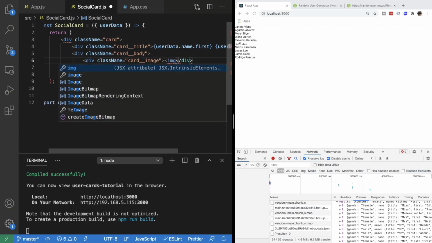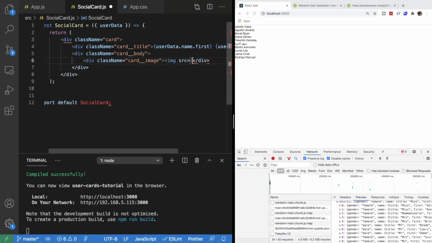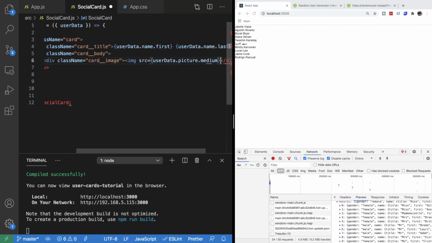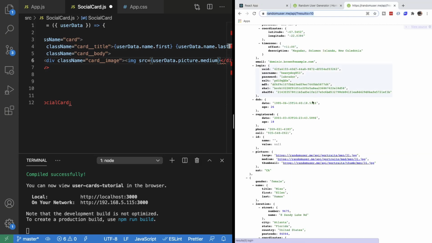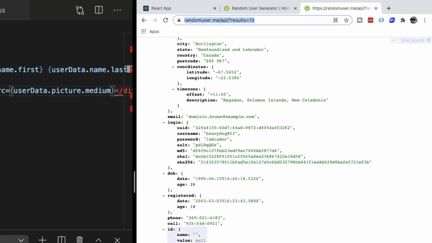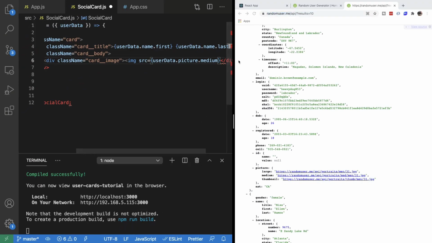And just put an image tag inside there, which has a source of user data.picture.medium. If you're wondering where all these properties are coming from, we just need to refer back to the API here. And you can see for the first result here that we've got the name, and then you've got first and last, and I think somewhere down here we've got picture, and we're going to use the medium property that's on that picture object. Okay, so we just need to close off our image tag there just for that to